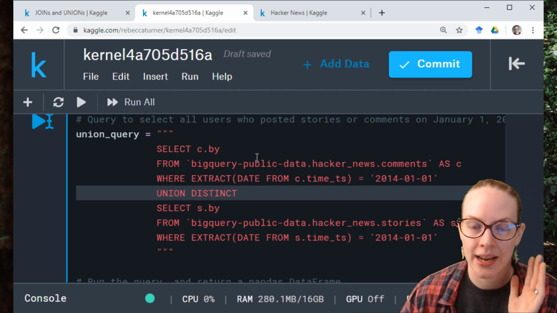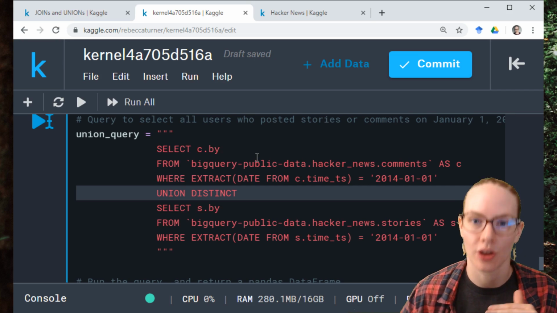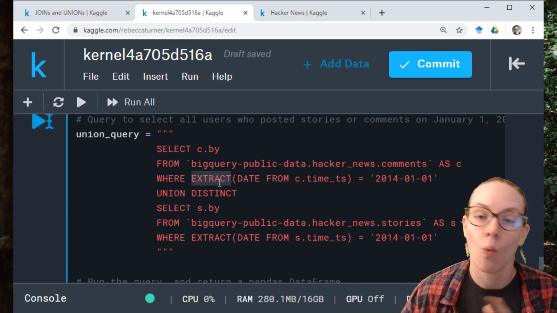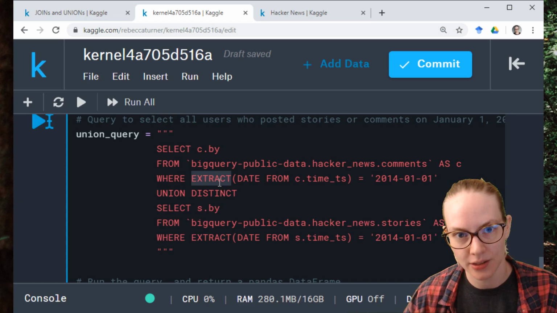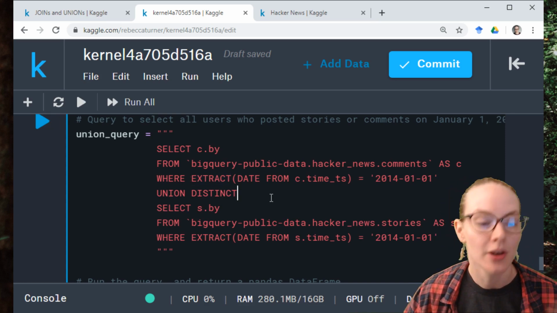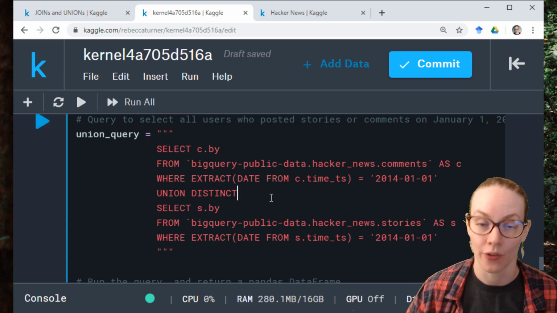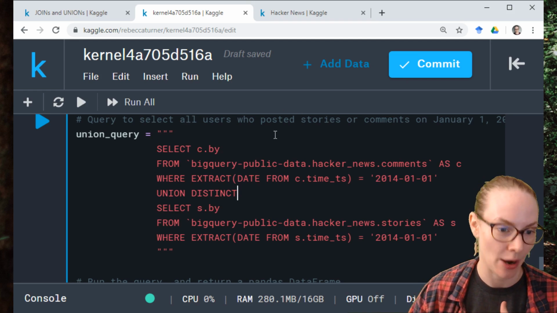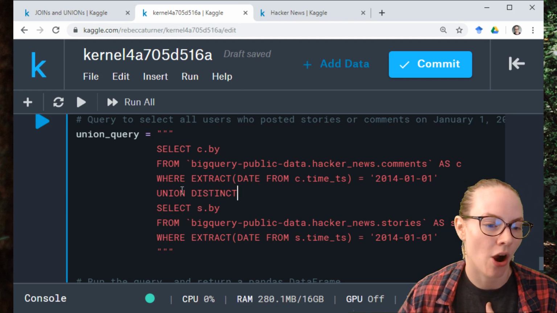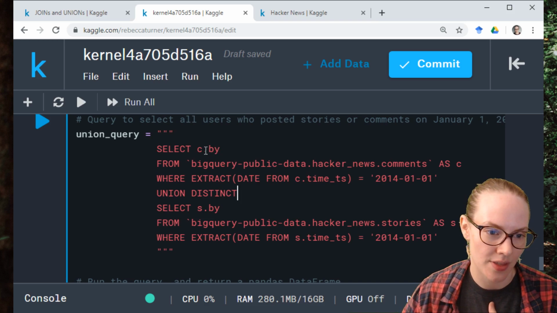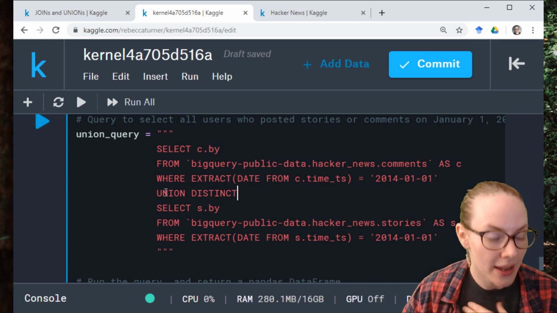So here we are taking the distinct ones. We are only looking at one instance per case, regardless of how many times it shows up. So even if you made 150 elements, you're only going to show up once when our query is output. And we are taking the union of this c.by column with this